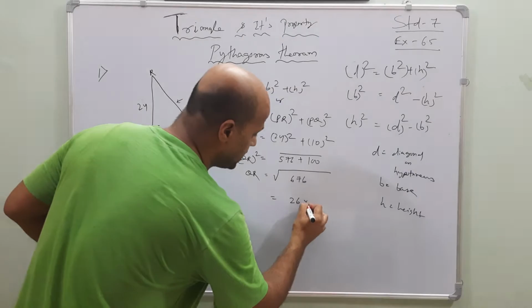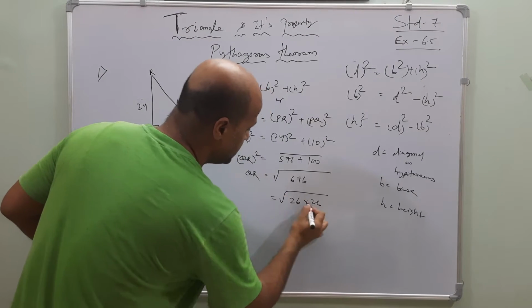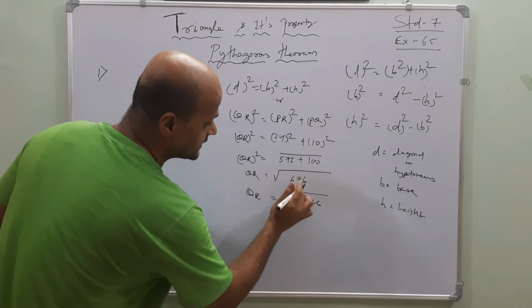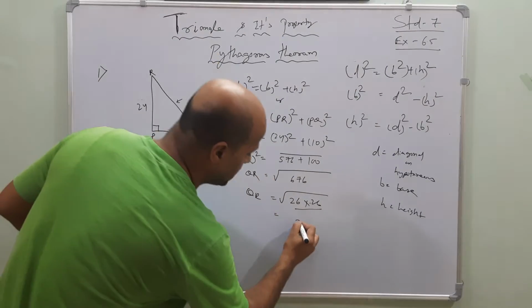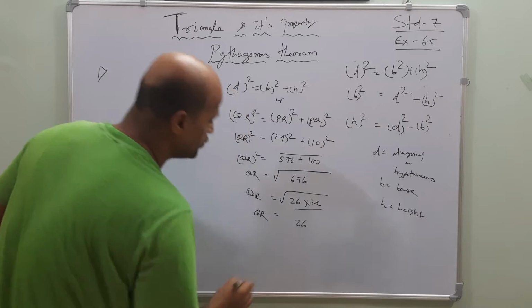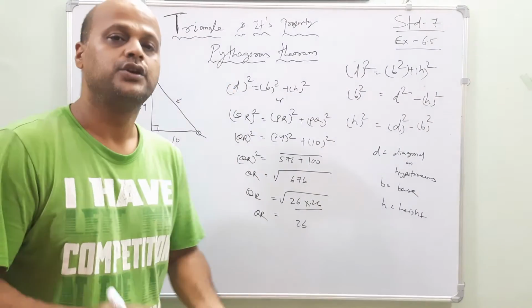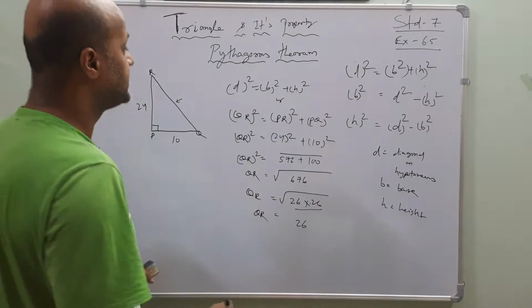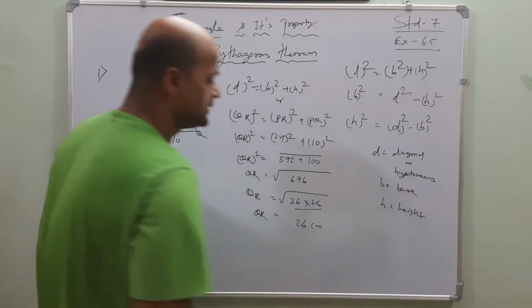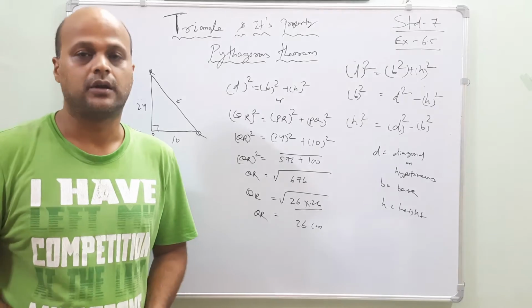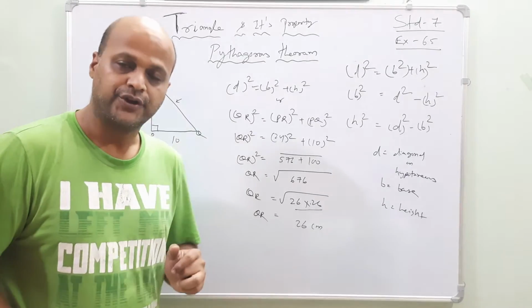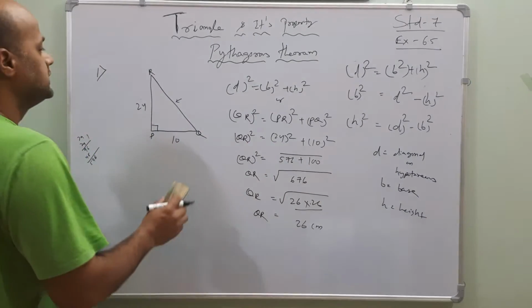That means if I multiply 26 two times, 676 will be given. Now out of the two pairs, take out one pair. So I will say that QR is 26. It is given in centimeters, so right here centimeter. Understood, my dear friends? In this manner you have to solve the question. Okay, very good. Now come to the second one.